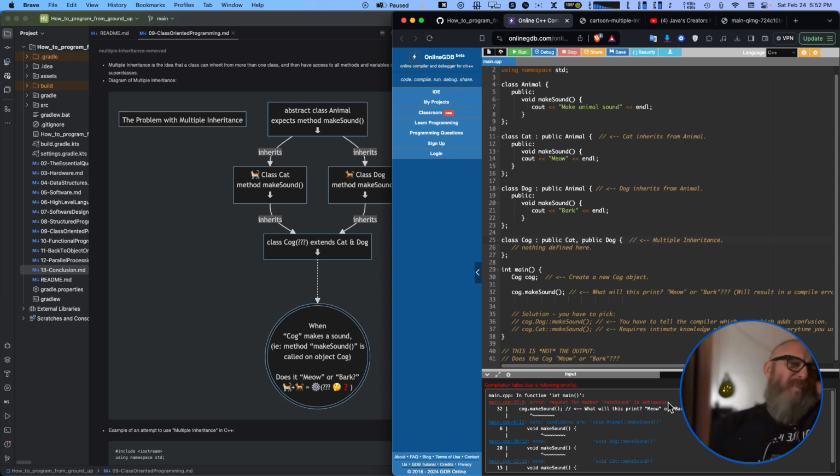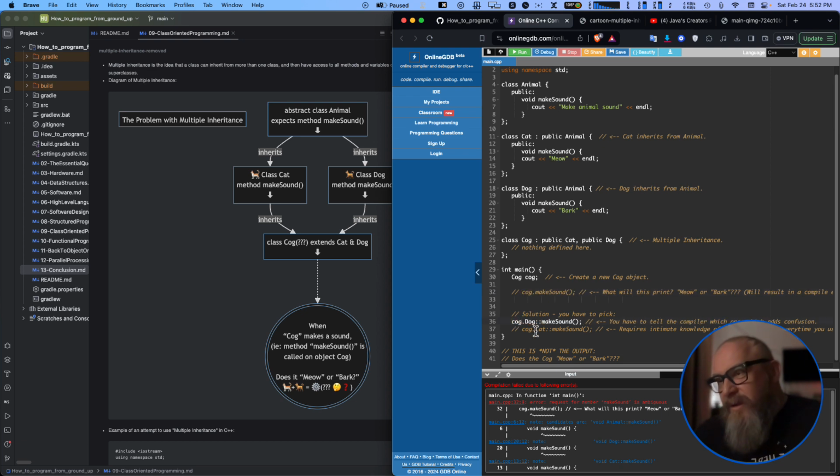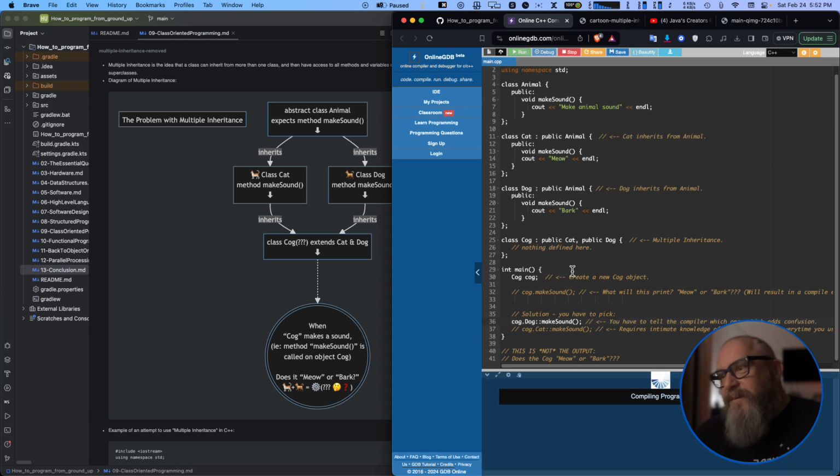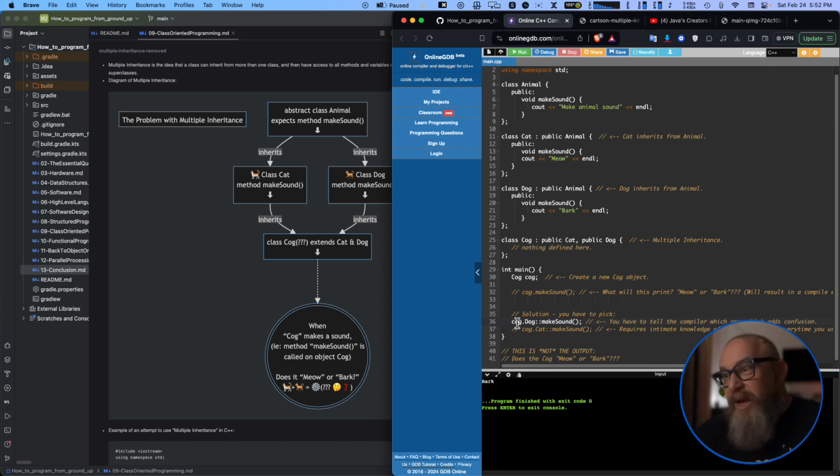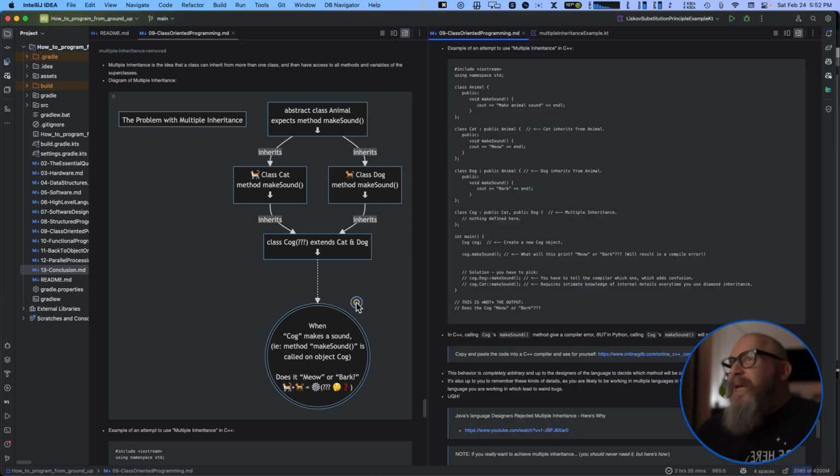C++ has the best error messages. It doesn't know which one you mean. So if you go in here and choose, let's choose the dog, then it'll work, because it's going to call that one. But you've got to know which one you want, right? You've got to know dog is implementing this animal thing and that it's going to have its own version. So that's the main issue here. It's not a huge big deal, because we're like, why would you want to do this anyway?